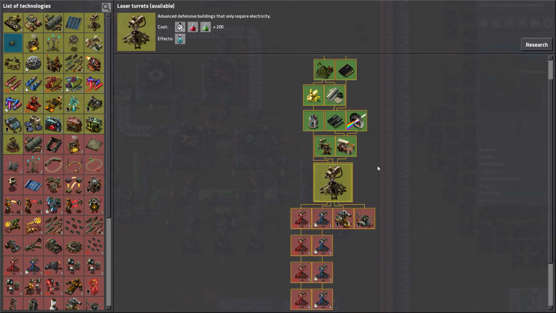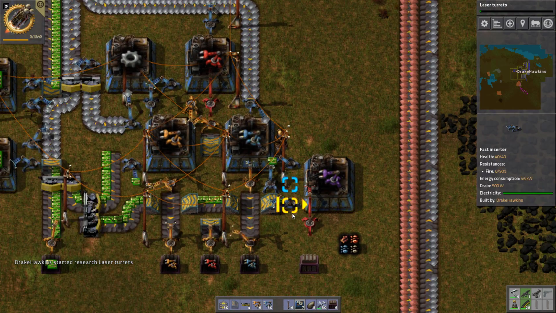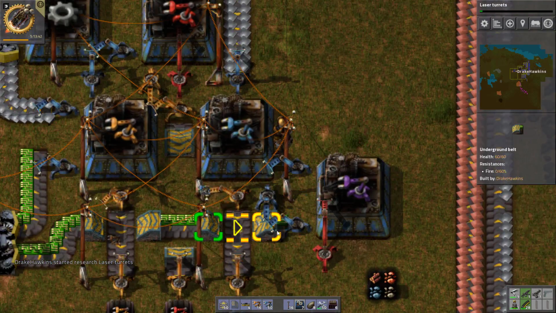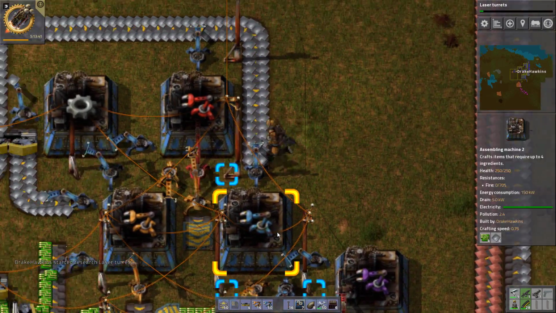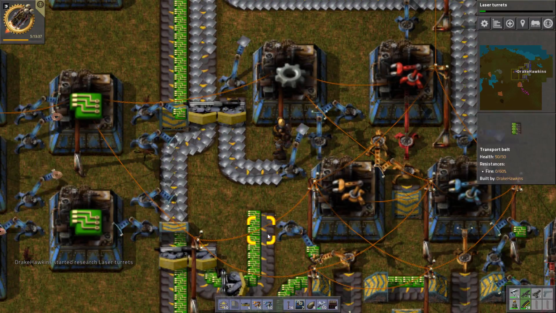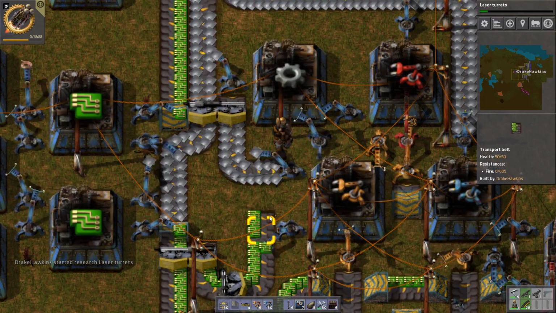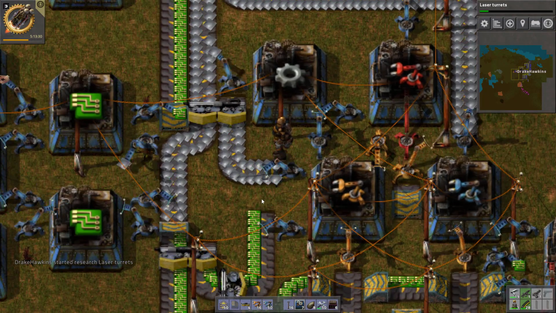Good question. Laser turrets. We could change that. How would we go about changing that? Well, it's feeding that way and feeding this way. So what if we did something like this? Here, this will probably work. No, we're going to need...